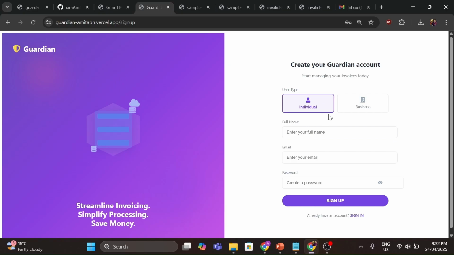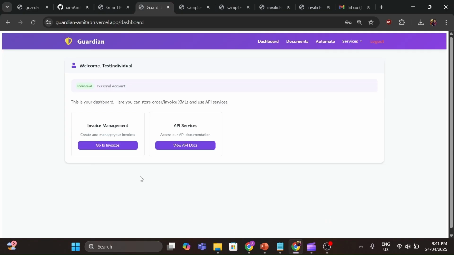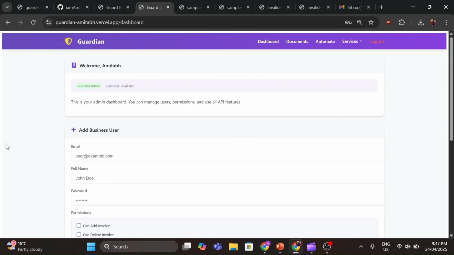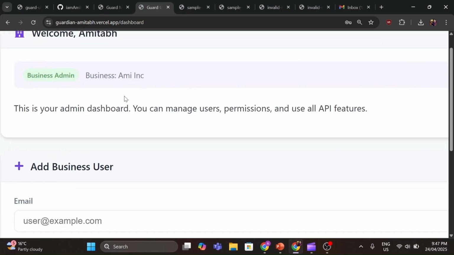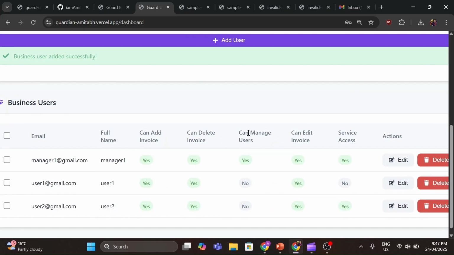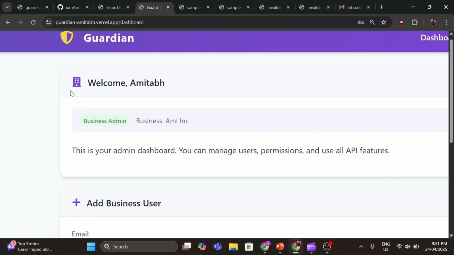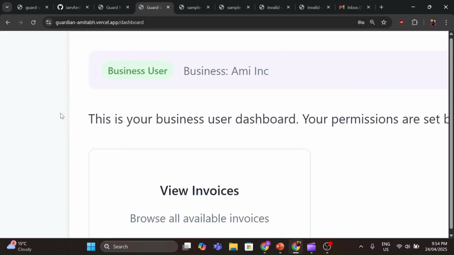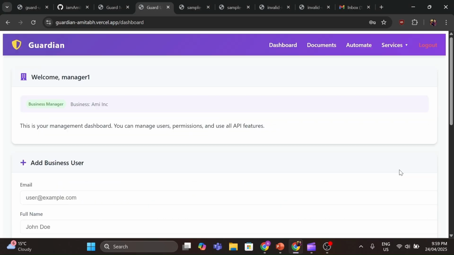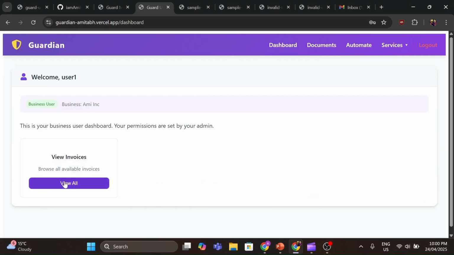As you can see, there are two types of users, individuals and businesses. Individuals have access to their own invoices and cannot add other users under them. The business admin accounts are created under a company who provide role-based access control to different types of users. These include business admin, business manager, and business users. Business admin have control over managers and users, business managers have access over users, and users can only interact with